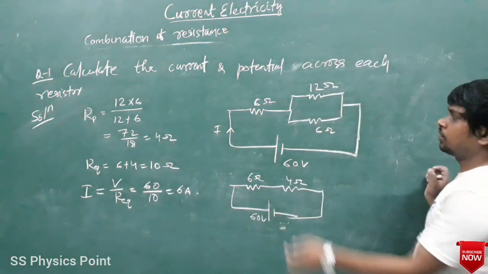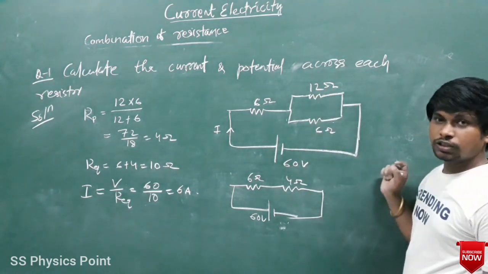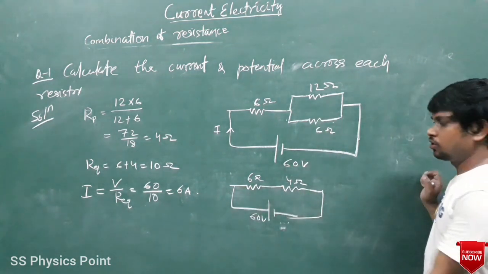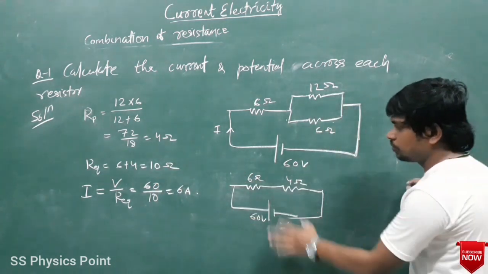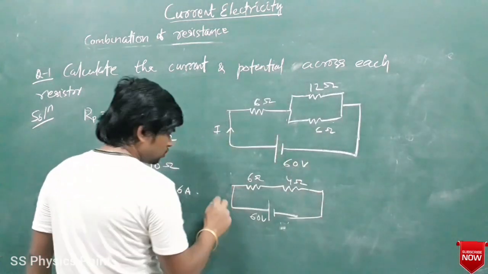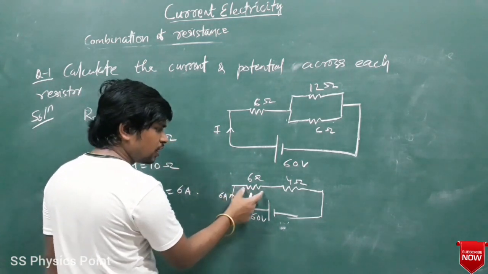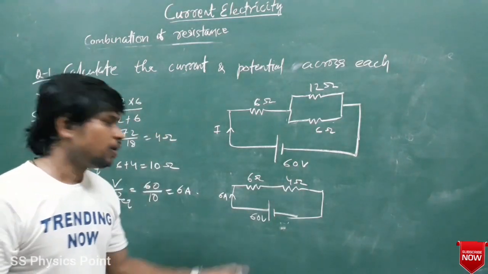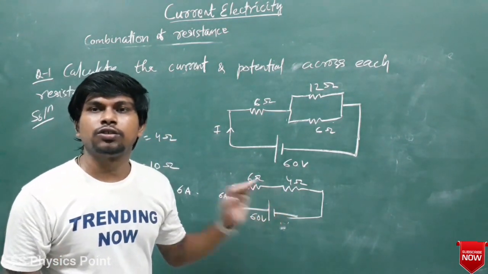6 एम्पियर। कैसे किया हमने, पहले दोनों का इक्विवेलेंट निकाला। फर्स्ट वी फाइंड द इक्विवेलेंट रेजिस्टेंस ऑफ दिस टू, देन दिस इज इन सीरीज विद दिस रेजिस्टर, सो नेट हो गया 10 ओम, then the current will be how much, V by R, उससे निकला 6 एम्पियर। After getting current, remember this, look at this circuit, this 6 एम्पियर is flowing across this resistor, this 6 एम्पियर is flowing across also this resistor, because these two are in series combination।